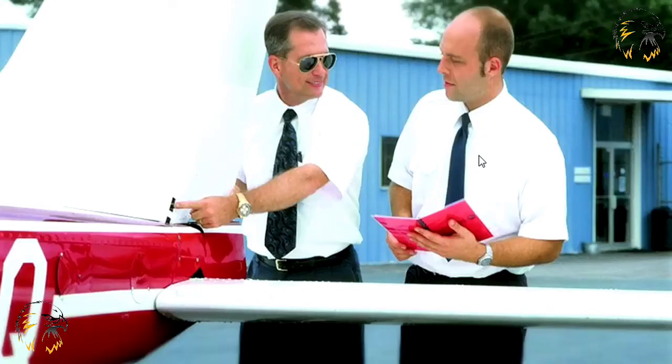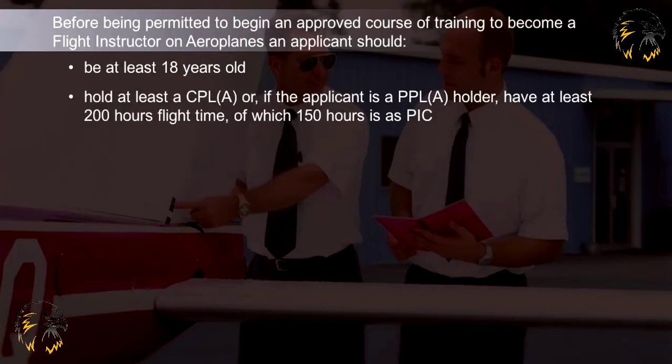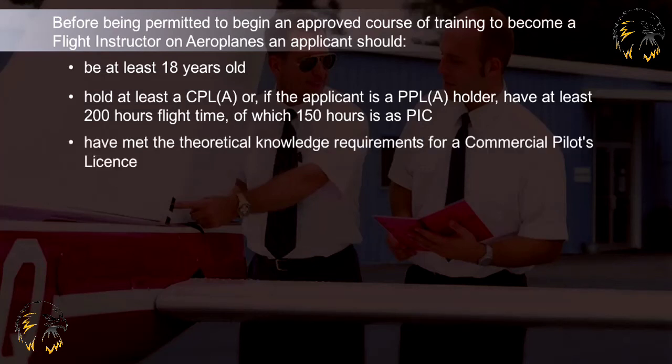For the remainder of this lesson, we will look a little more closely at flight instructor ratings. Before being permitted to begin an approved course of training to become a flight instructor, an applicant must have satisfied the following conditions: be at least 18 years old, either possess a commercial pilot's license or higher level of license, or, if holding only a private pilot's license, have at least 200 hours flight time, of which 150 hours must be as pilot in command,